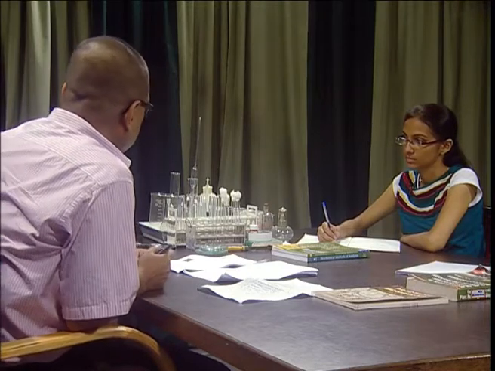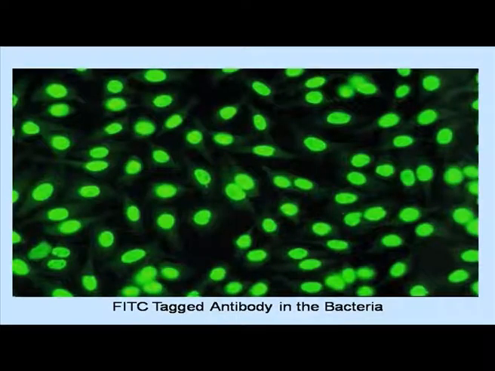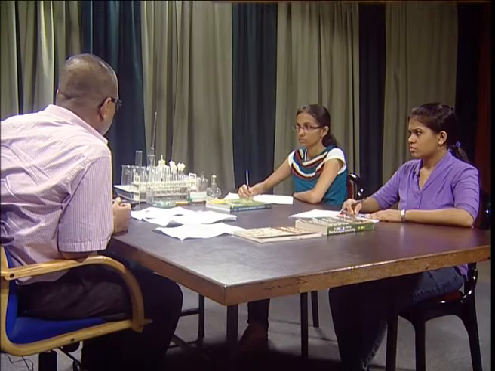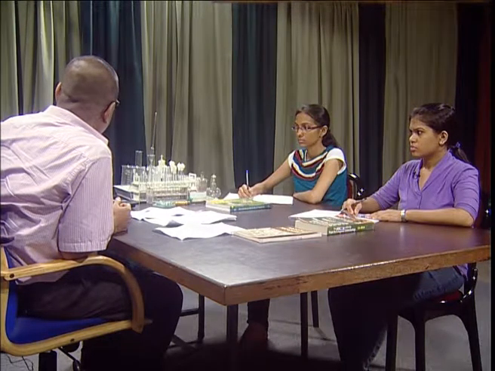Now we come to the next important discovery by Burkholder and others, and which is actually the discovery of fluorescein isothiocyanate. This FITC is actually a fluorescent compound which is tagging the antibody, and thereby this antibody attached to the bacterial cell will help the bacterial cell to fluoresce. So this technique of using FITC tagged bacteria is also helping us to see the bacterial cell by fluorescent microscopy.